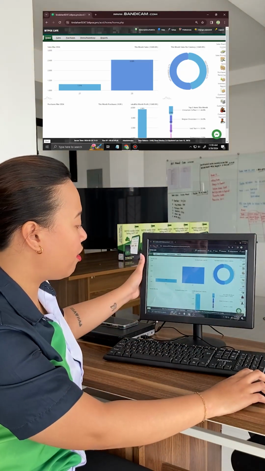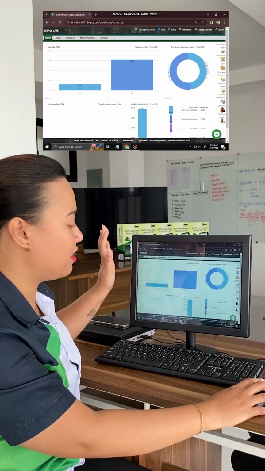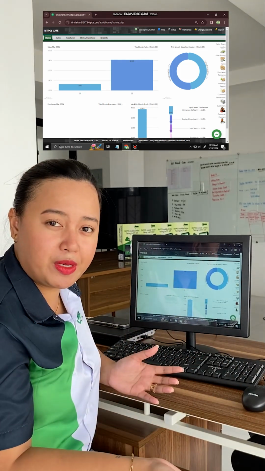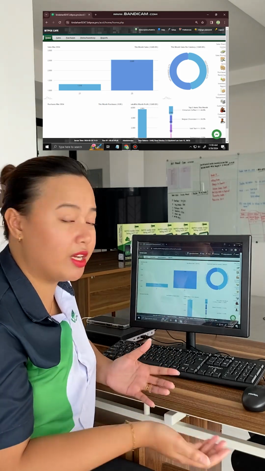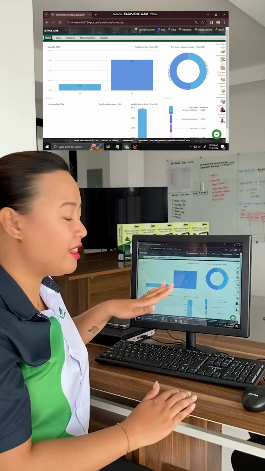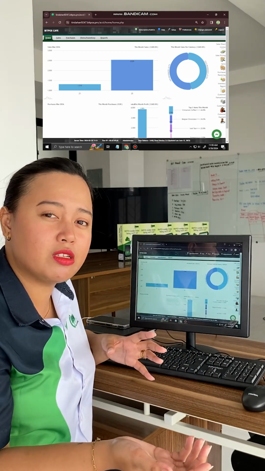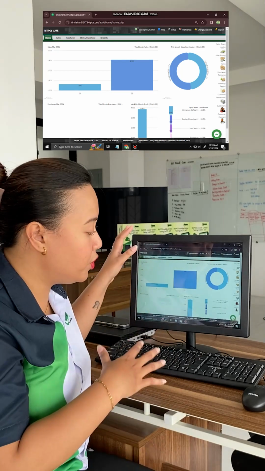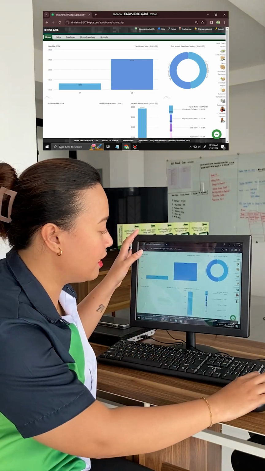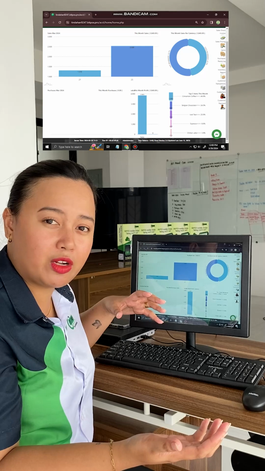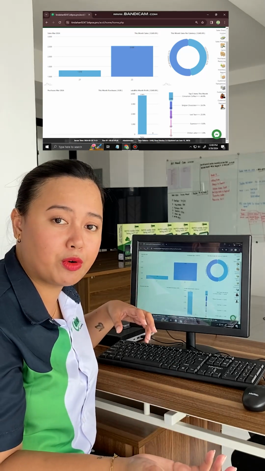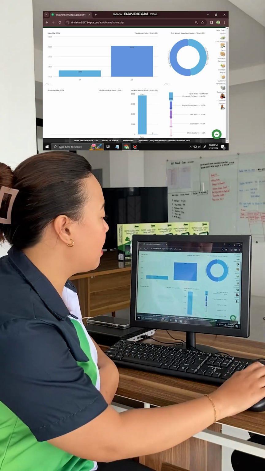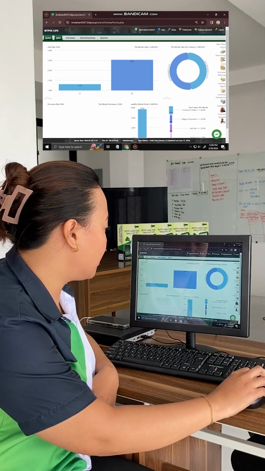So let me just show you how it works. Here in my back office side, you can actually see that it is open in a browser in Google Chrome. I do have my login credentials keyed in here, so I already logged in to the interface. And in this interface, we do have different modules that you can actually use. We have our home page, which is the landing module here in the back office once you log in. This generates graphical representations of analytics of the reports of what's going on inside your store on a day-to-day basis.